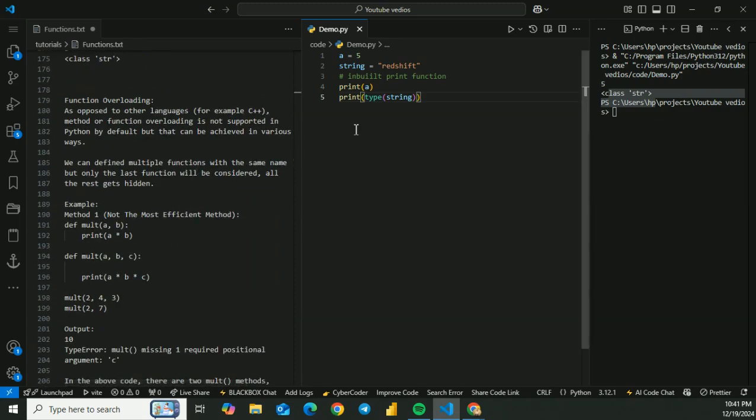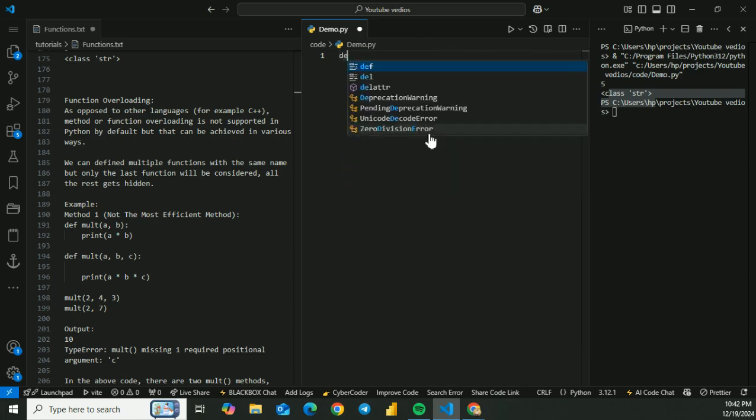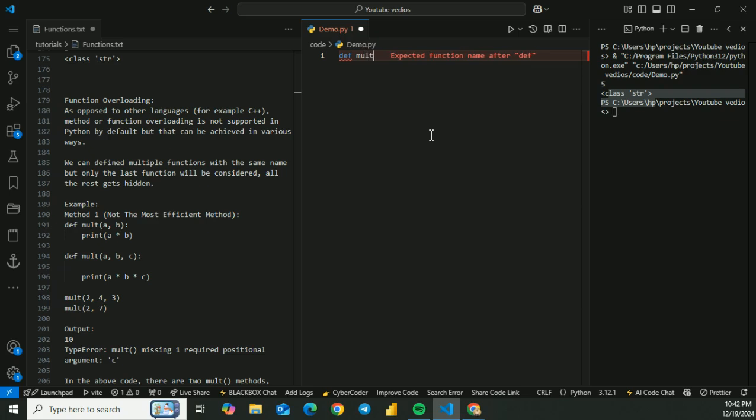Now comes function overloading. As opposed to other languages, for example C++ and Java, method or function overloading is not supported in Python by default, but it can be achieved in various ways. We can define multiple functions with the same name, but only the last function will be considered, and all the rest get hidden. For example, in method 1, let's say defining a function,